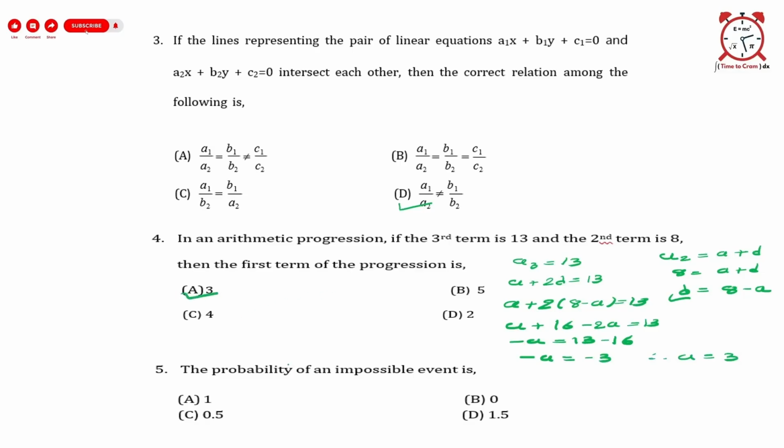Next question, the probability of an impossible event is dash. So, probability of impossible event is always 0. Next question,